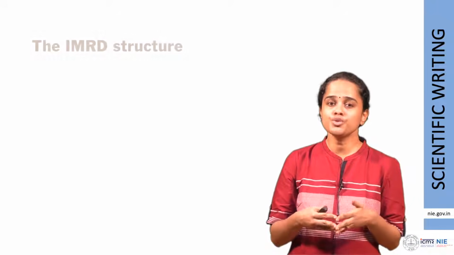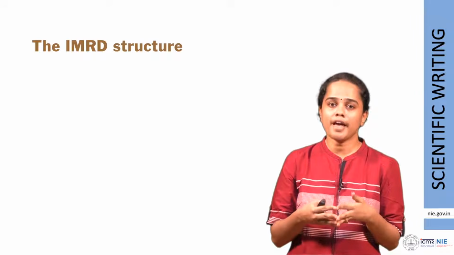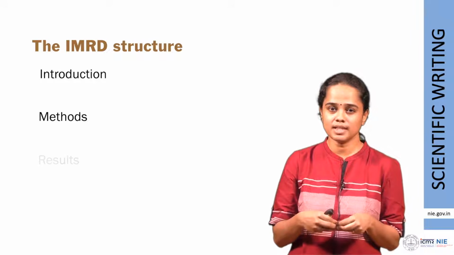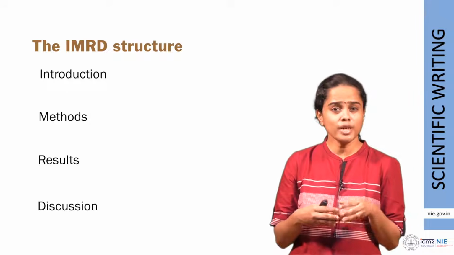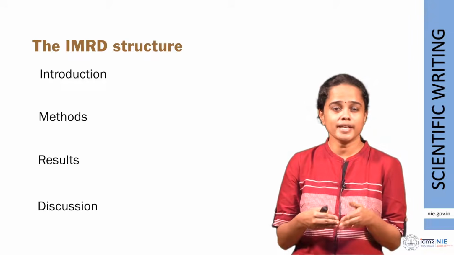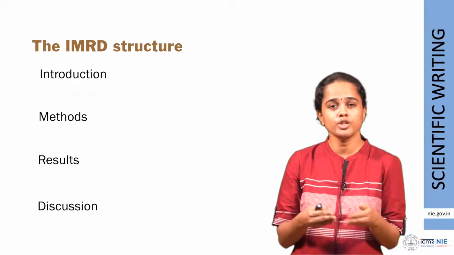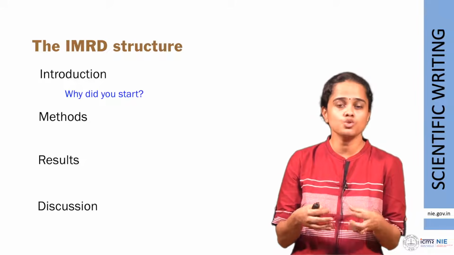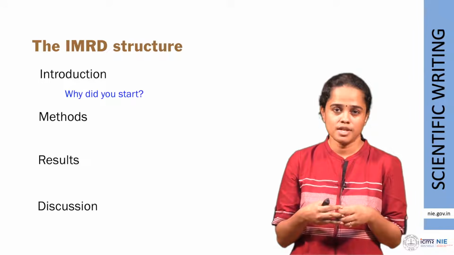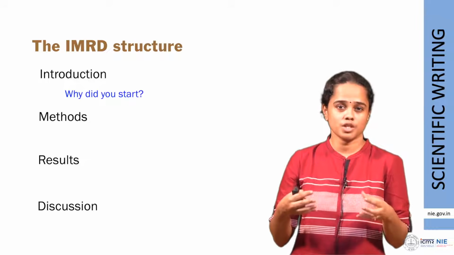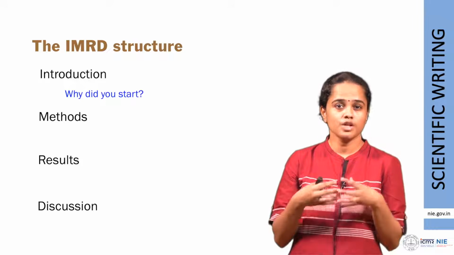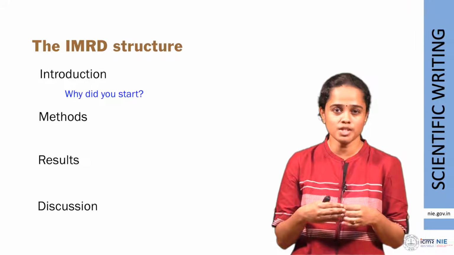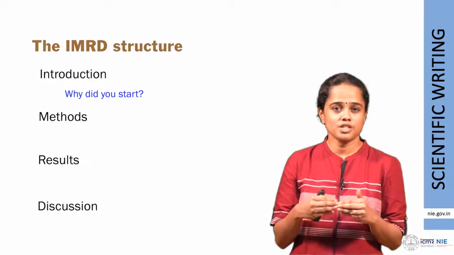So, we introduced you already to the IMRD structure, the introduction, methods, results, and discussion. In the introduction, you basically explain why you started out with your research project. You are helping the reader zoom in to your topic of interest. So now you have given the reader a background of why you started this research project, and the next section would be